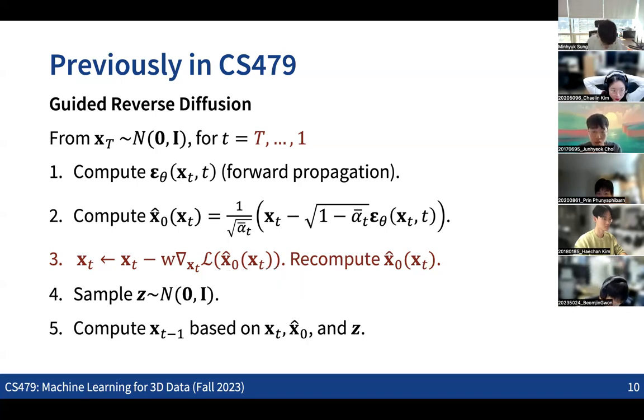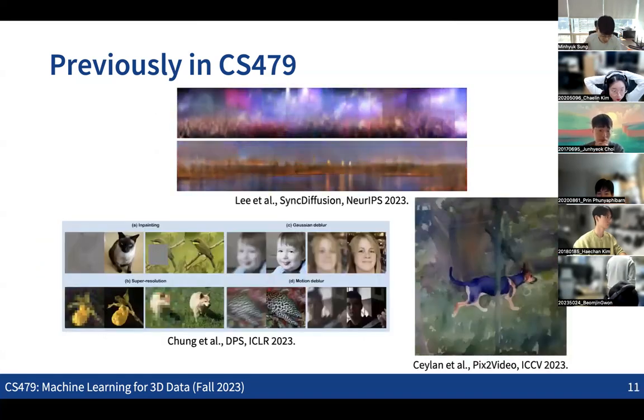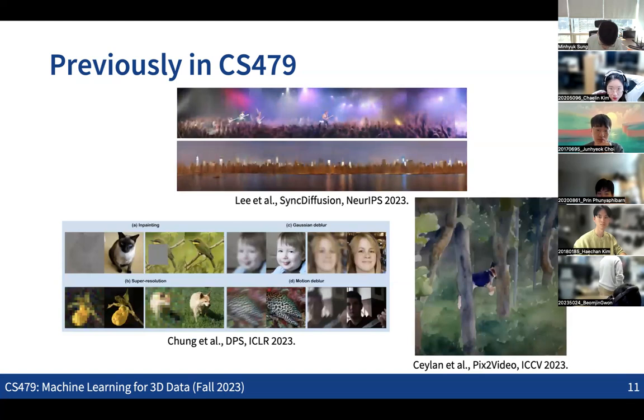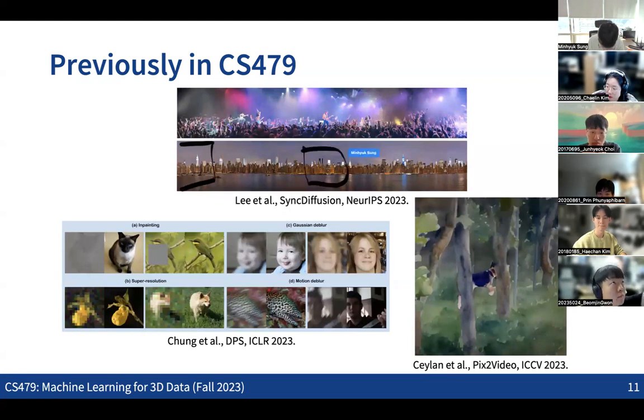You can think about so many applications of this guided reverse process, tons of applications. One example would be making consistent panorama images, and this is actually research that we have done. This is a case where we are making stylistic consistency across multiple frames across the entire long panoramic image. And you can also achieve this kind of consistency across the frames in a video as well. This is also an example of video editing.